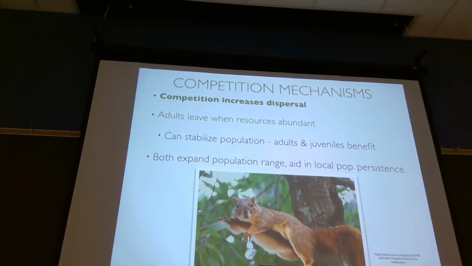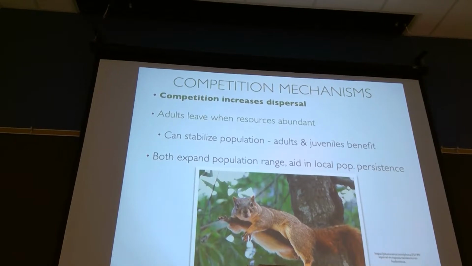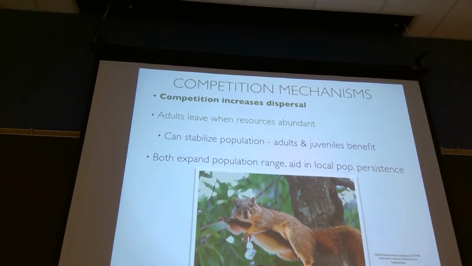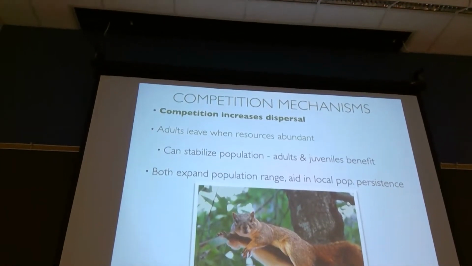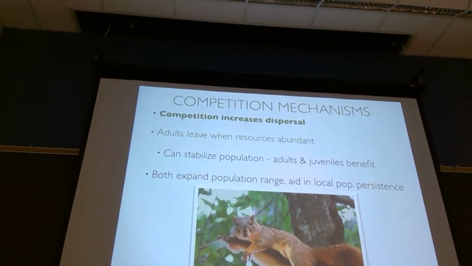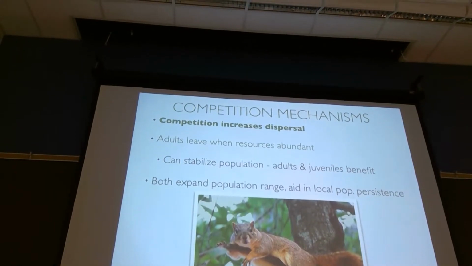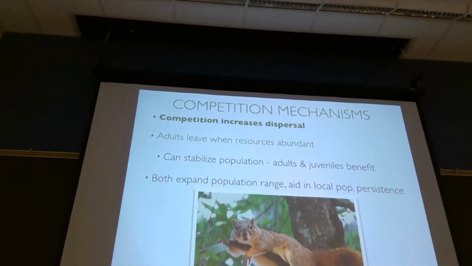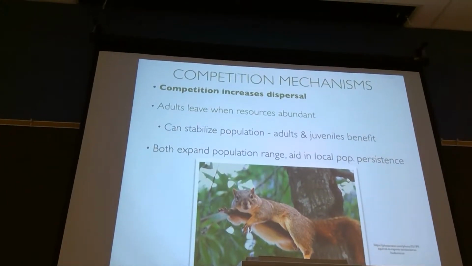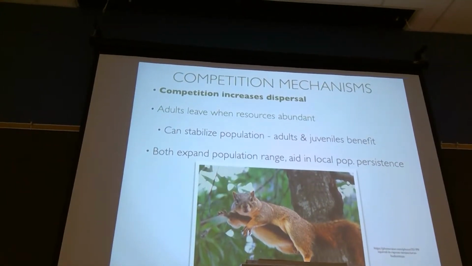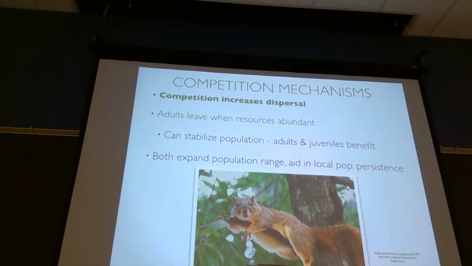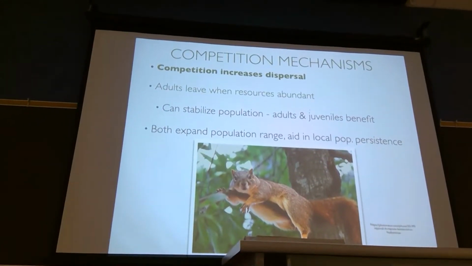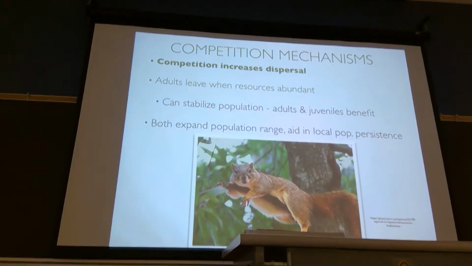So just recognize that who leaves and disperses in the population has different effects. Okay, if the subadults leave, it doesn't really help with the overall population. It definitely benefits the juveniles. But if you really want to stabilize the population, then the adults need to be willing to leave too. And again, that's entirely life history and species dependent as to who does the dispersal. But competition can cause dispersal, and in doing so, it affects survival, mortality, and individual growth rates.